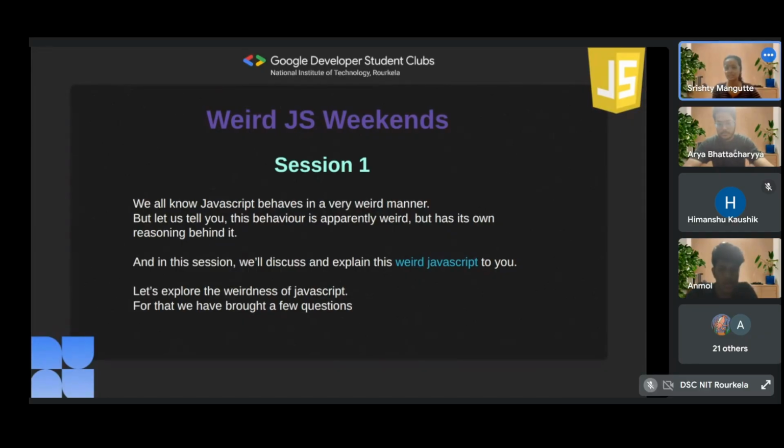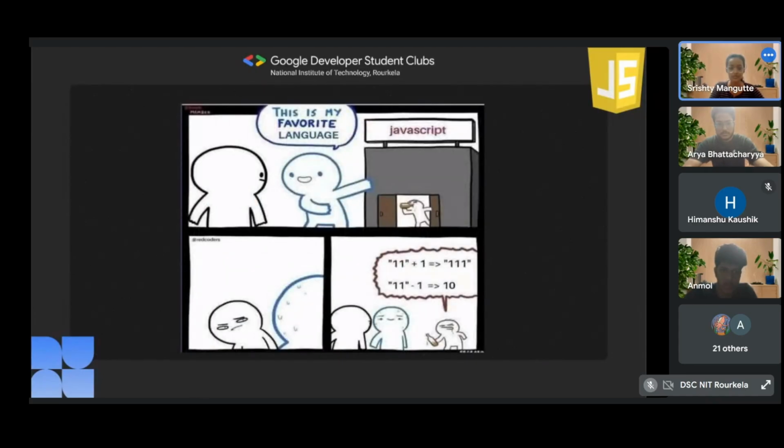Anyone else? Say anything. Have you all seen this meme? This is what we have been speaking about. Even JavaScript is my favorite language.